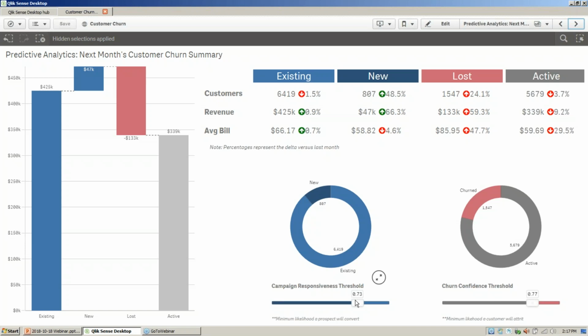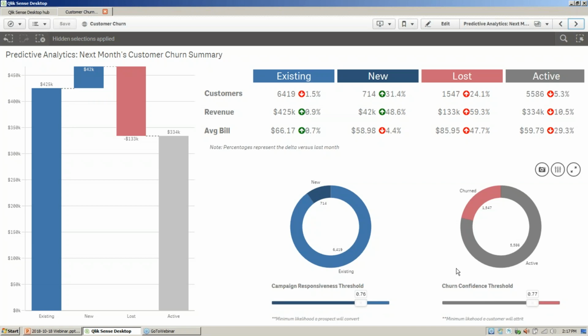So while sliders are cool and what-if is very powerful and gives us a lot of information, it doesn't really get us to that goal of figuring out what the profiles of our customers are. So in order to do that, we're going to have to go a little bit deeper and start to look at the reasons behind, the reasons that the model kicked out.